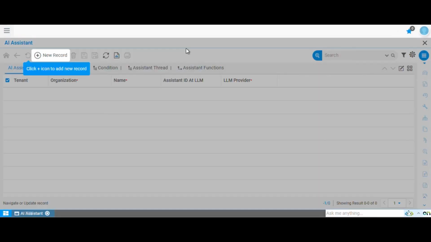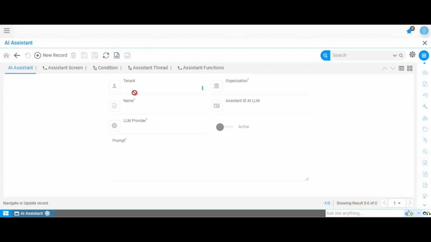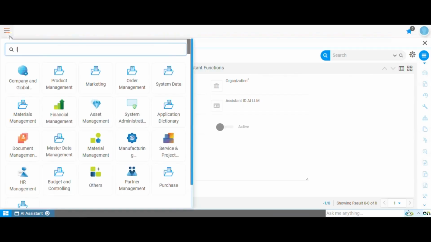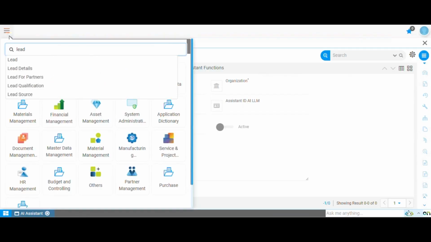Let's understand the screen. If we just toggle the screen, we have this assistant where we have the tenant organization, assistant name, assistant ID, and LLM provider, and then we have the prompt. In this screen, we have these fields which we need to set up. Let's understand the screen where we want to have the assistant, because we can define the AI assistant for our